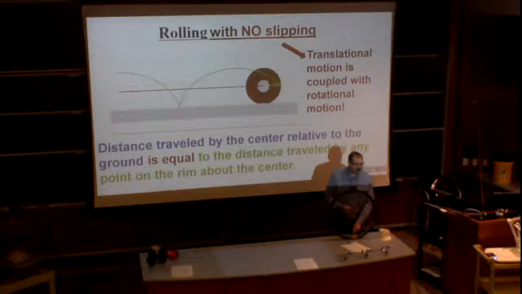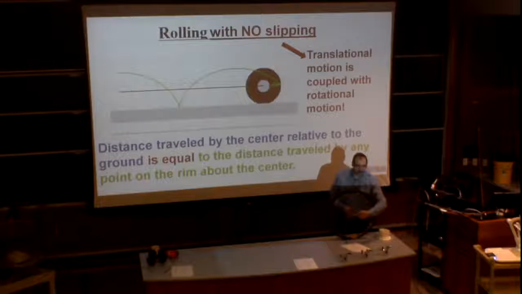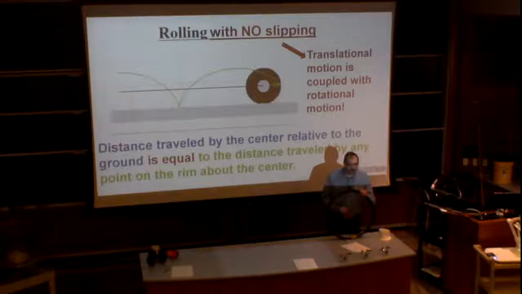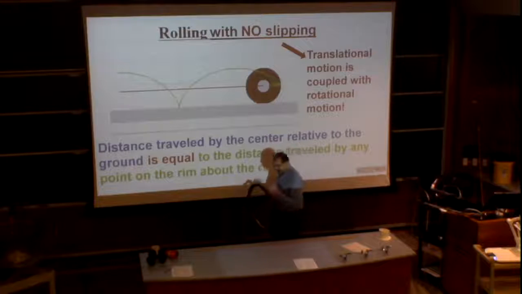So the distance traveled by this about the center of mass is equal to exactly one circumference. But if we look at the motion of this handle, it travels exactly the same distance. If they travel the same distance, distance over time, same speed. So this type of motion